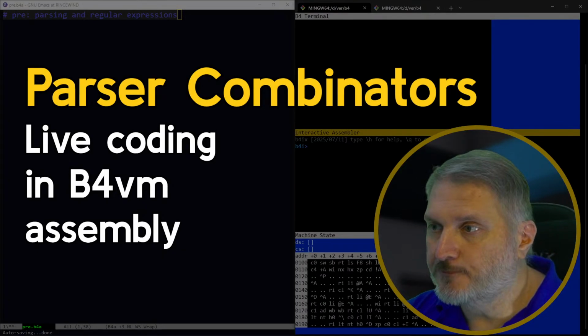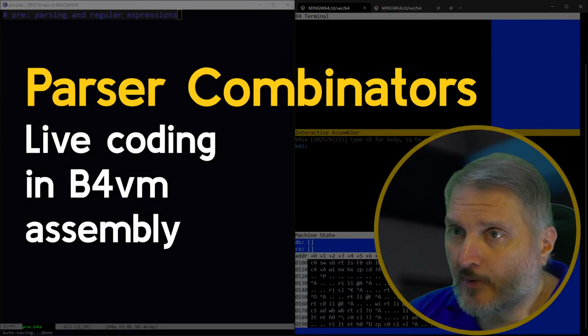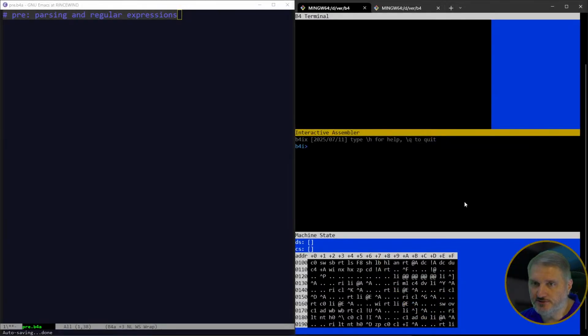So today I'm working on the same virtual machine I've been working on for a little while. I added a feature called quotations to the assembler, which is something that a lot of the modern day concatenative Forth-like languages use, like Factor and RetroForth and a bunch of them. And it's a way of basically creating a function, like a lambda function, an anonymous function on